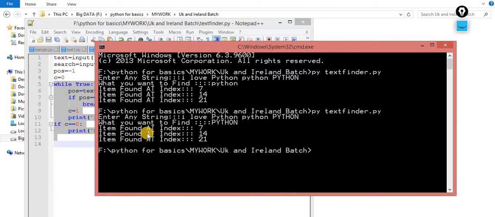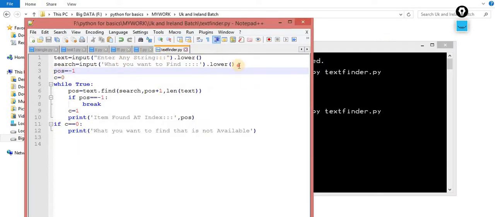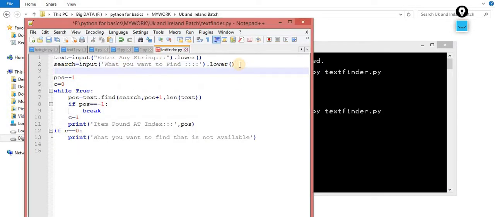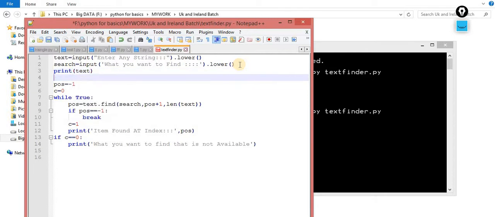It doesn't matter. Now if I print both of the statements, let me print this text, and then print search.